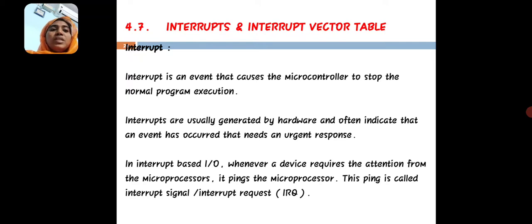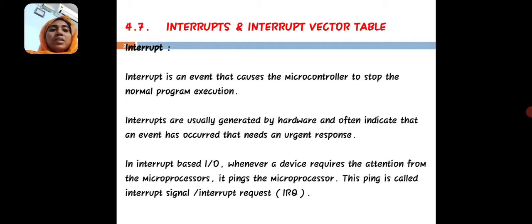Interrupts are usually generated by hardware and often indicate that an event has occurred that needs an urgent response. We give priorities to the interrupts. If the interrupt has higher priority than the main program, then the main program stops at whatever point it has reached, executes the interrupt program, and then continues the main program.